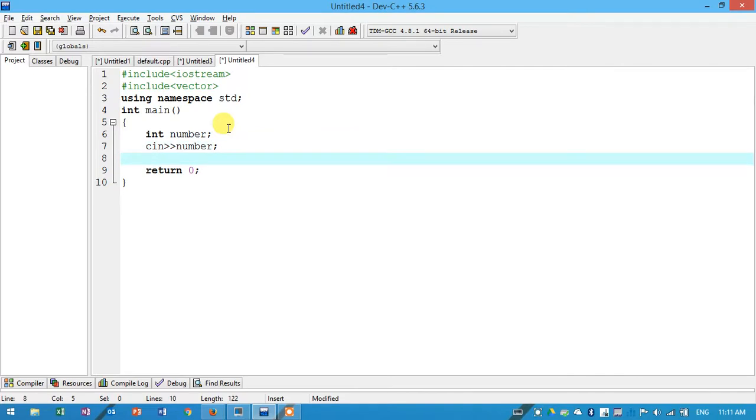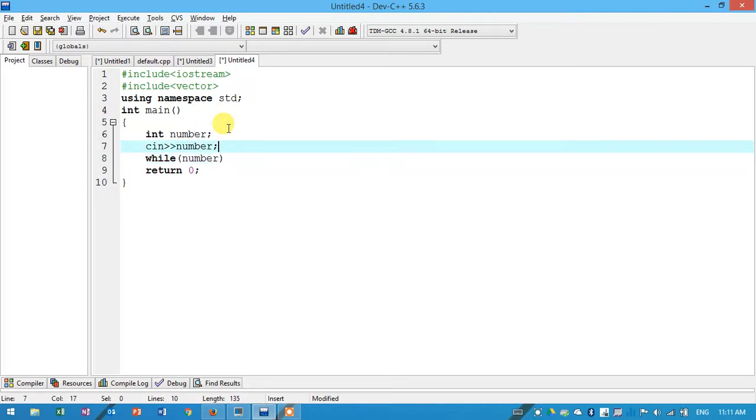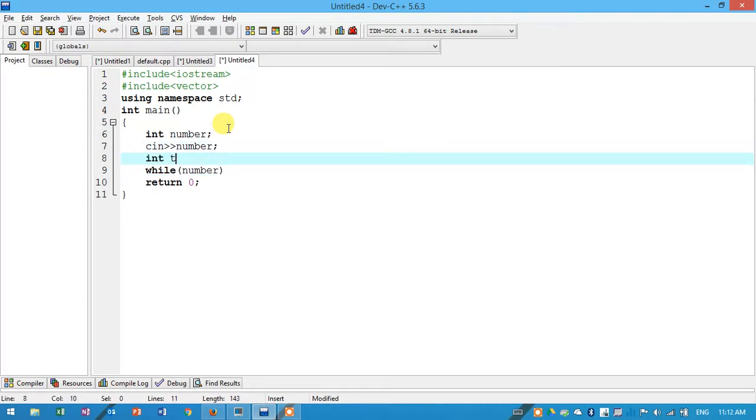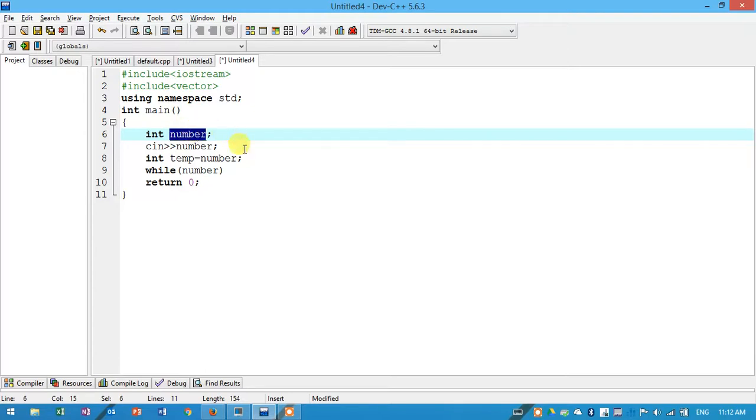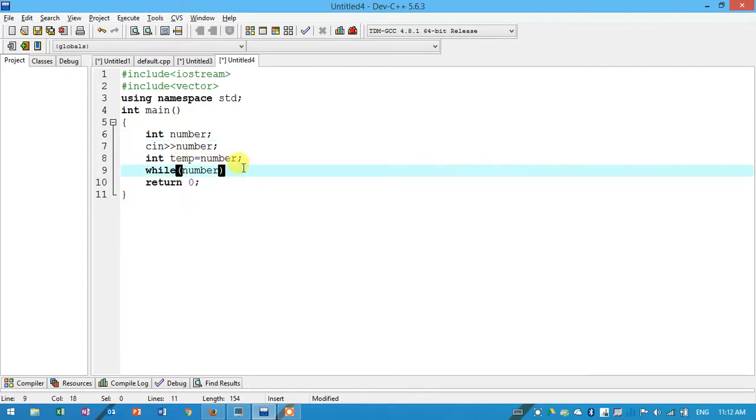Then we have to do the process while the number is not equal to 0. We have to save the remainder for the end result. If you want to print the number's binary form, you have to save these remainders, otherwise you can skip it.